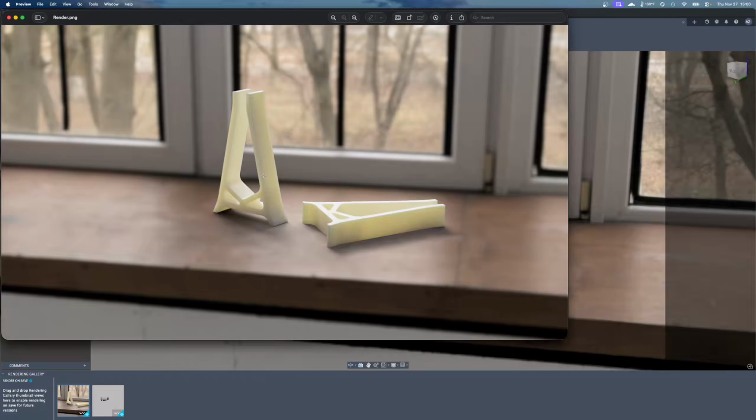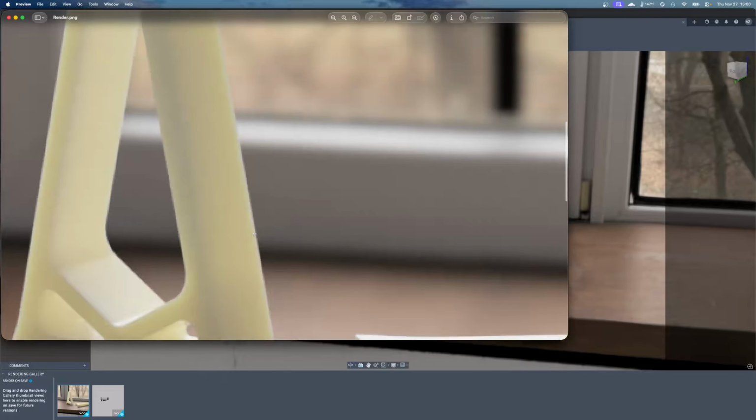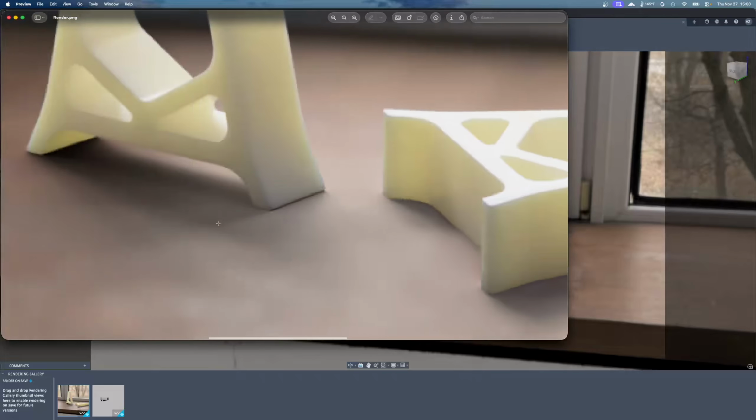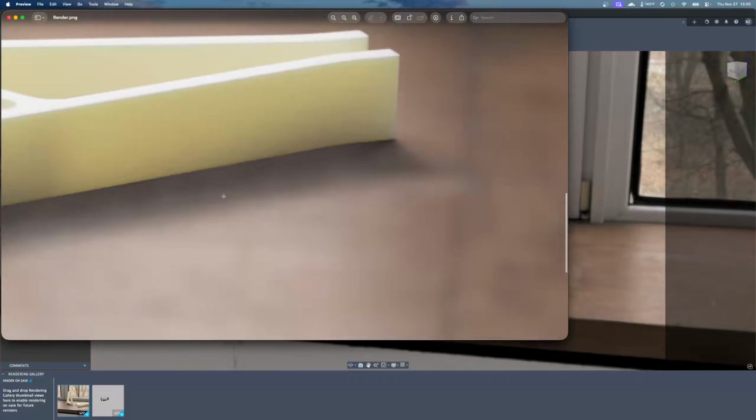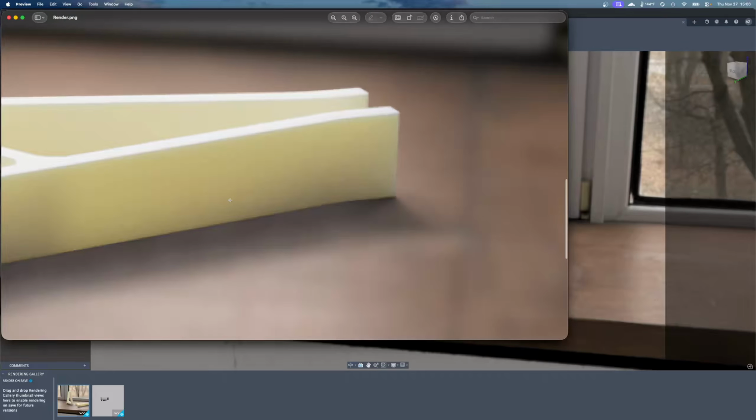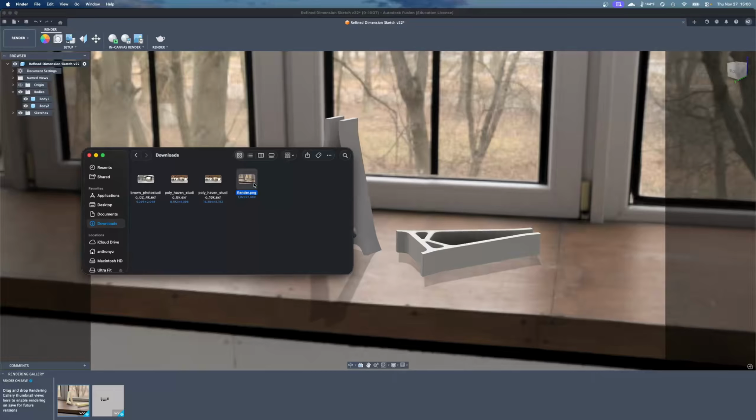I would say that's an okay render. I feel like if we had less blur on the table, because now it looks more artificial. The thing with renders is, at least if you're doing them for graphics, you want them as natural looking as possible. This will do. And then you can just move this wherever in your documents,